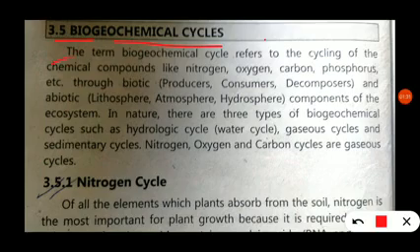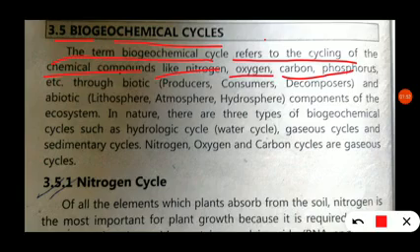The term biogeochemical cycle refers to the cycling of chemical compounds. That means cycling, replenishing takes place of nitrogen, oxygen, carbon, phosphorus, etc. That is the recycling of nitrogen, oxygen, carbon, phosphorus. This recycling takes place through the biotic